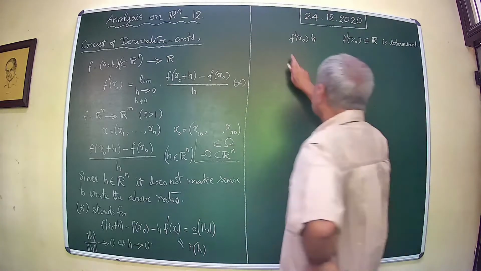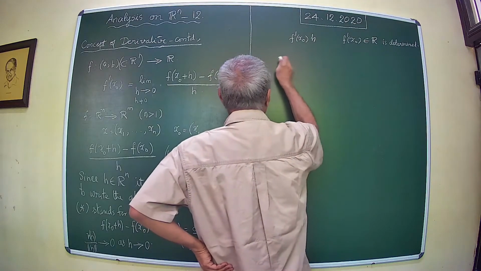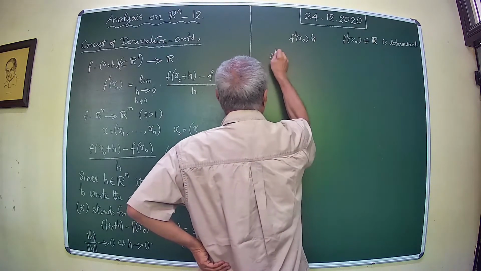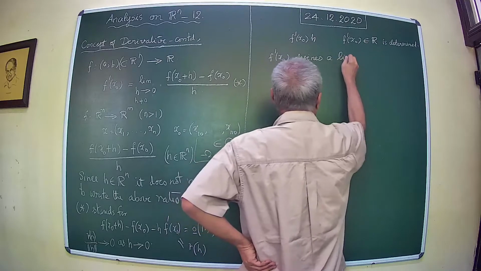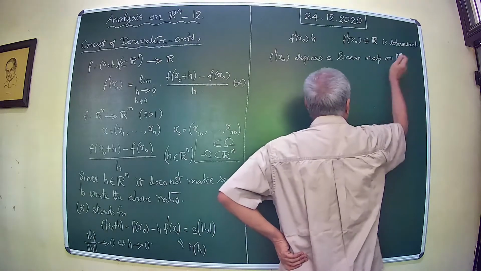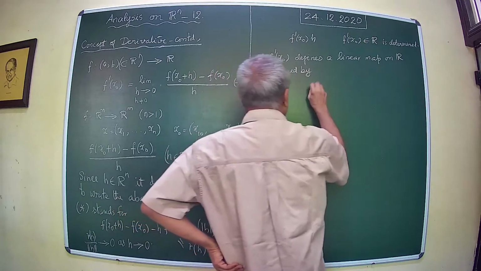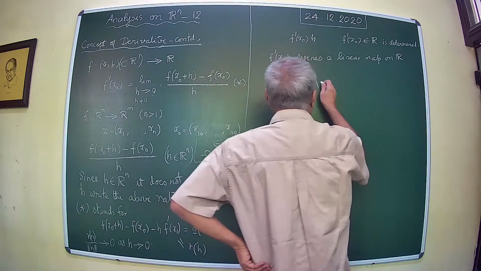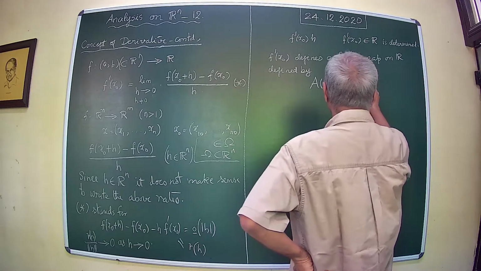Now you see that if you look at this as a map from R to R, f derivative of x naught defines a linear map on R, defined by A. If you want, you can put x naught here to show that it depends on x naught, it's f dash x naught acting over h is equal to f derivative of x naught